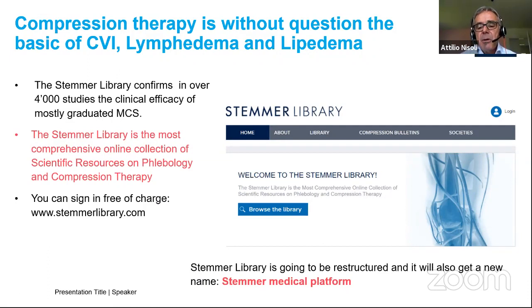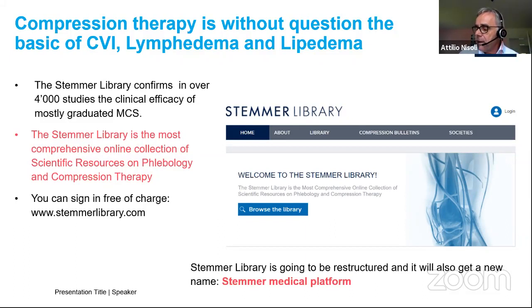The STEMR library is going to be restructured, and it will also get a new name. So in the near future, it will have the name STEMR Medical Platform. For those of you who maybe are not so familiar with it, it was originally initiated by Dr. Stemmer, and I think you all know him because of the Stemmer sign. So this is the Dr. Stemmer who initiated this. And then in 2001,